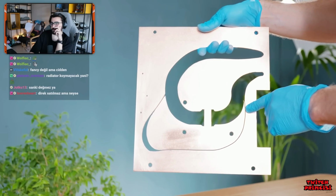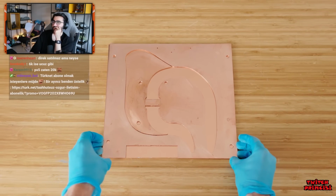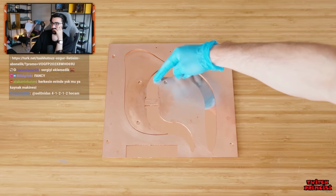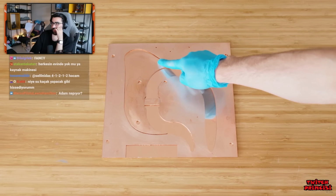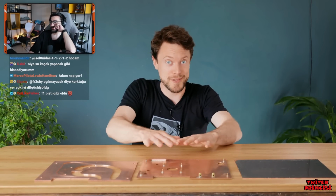So here we have the finished article. When it's mounted to the third layer, which will simply be a blank lid, water will be pumped over the CPU, round and out again, with a small amount of water entering the micro channel, in and out. So we've now reached a pivotal moment in this project, which is to solder these layers